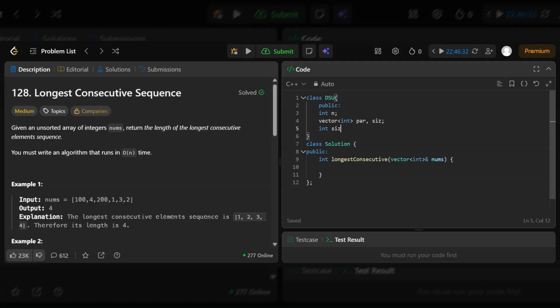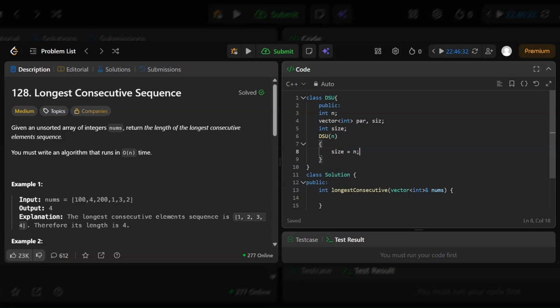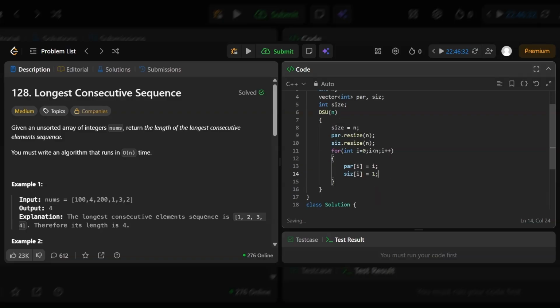Initializing the DSU, size is equal to n, parent dot resize n, and size dot resize n. Now for int i = 0 till i less than n, i plus plus, parent of i is equal to i, and size of i is equal to 1.